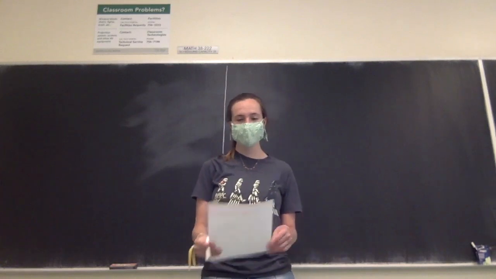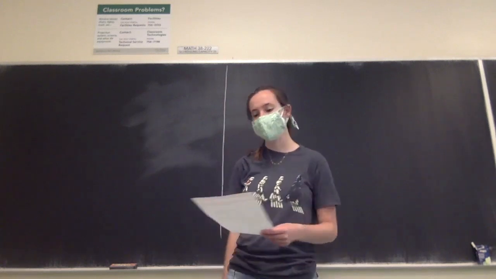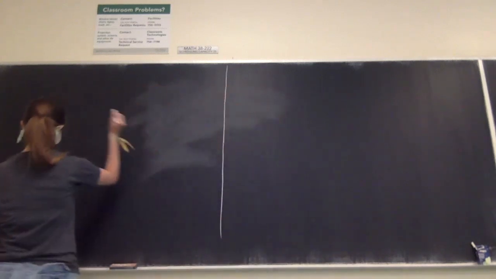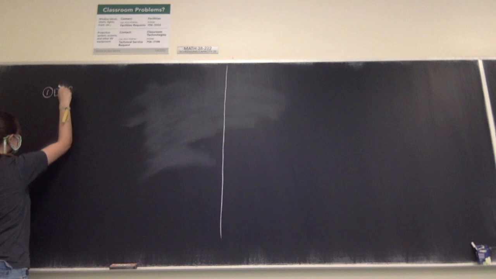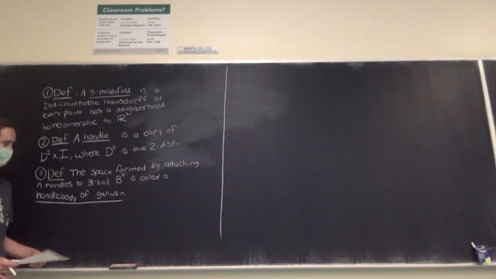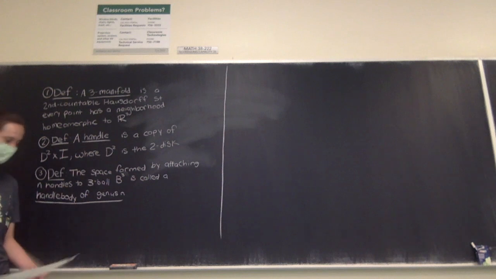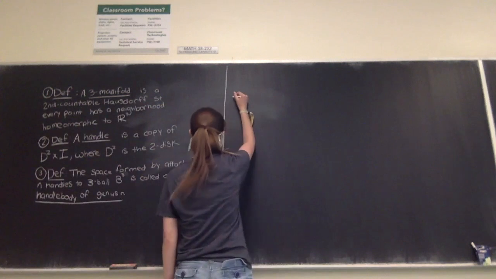Hi everyone, today we're going to be talking about the Poincare homology sphere, and to start, we're going to need some definitions. So, here we go with definitions. And remember that the three ball V3 is just a ball in three-dimensional space. And then our last definition